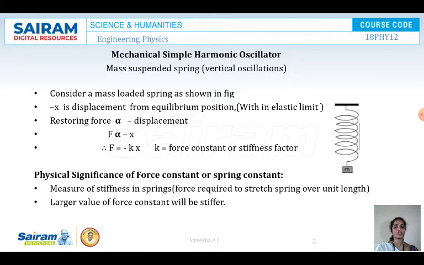The spring we use in a pen has a very small force constant because a small amount of force is required to stretch or compress the spring. So the spring constant of the spring in your pen is very less, therefore the force required to stretch the spring is less. So the force constant is less, the stiffness factor is less. A larger value of force constant means the spring will be stiffer. The more the value of force constant, the more the force required to stretch the spring. That means it will be more stiff, and the force required to stretch is more. This is the major significance of a force constant.